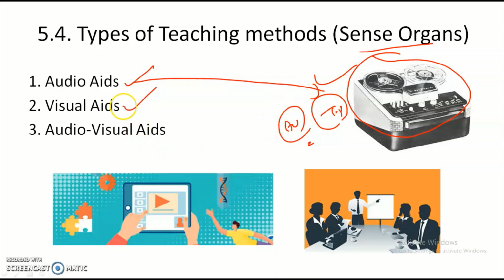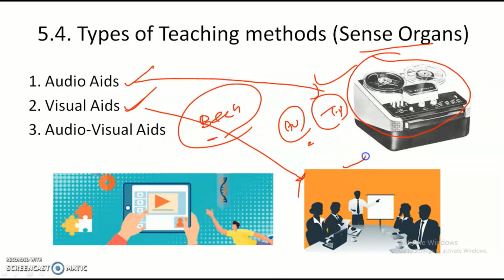And next, while coming to the visual aids, this visual method uses the sense of vision, for example, showing actual objects to the students, and a few models, pictures, charts, maps, flashcards, a bulletin board, chalkboard, and overhead projectors, slides, etc. Out of all these examples I told right now, the blackboard and the chalk is a very common visual aid, right? So visual aids means it is the picture you can remember for your understanding purpose, showing the PPT.